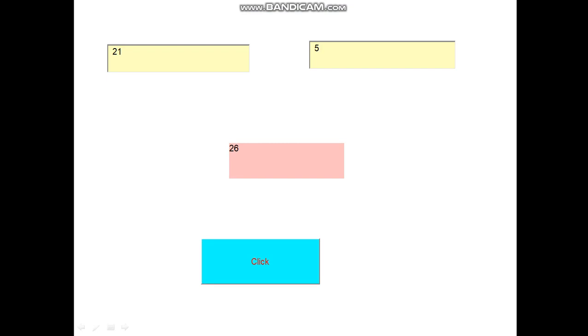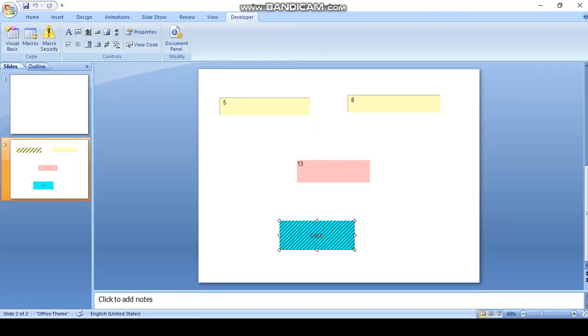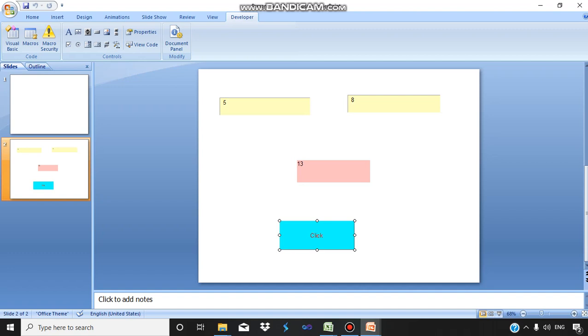Similarly, you can edit the data in any of the text boxes. Again I click the command button and the new result will be displayed in the label control. Similarly, you can edit data in the first text box and again click the button. So basically the code which you have given in the command button is being executed when you run your slide.